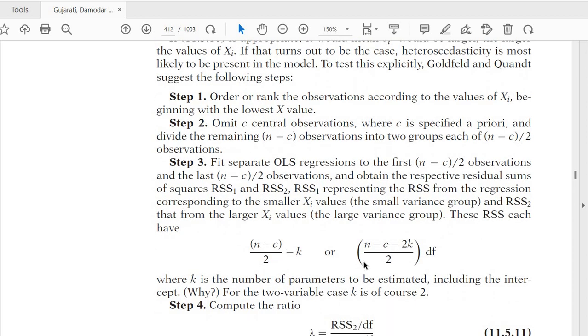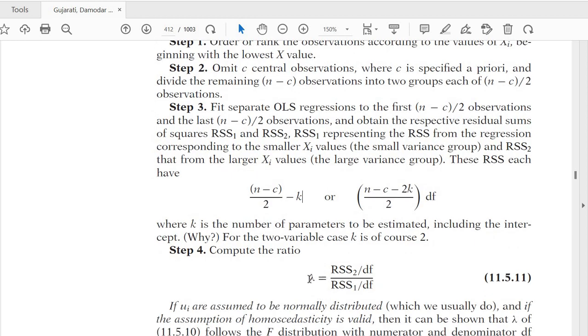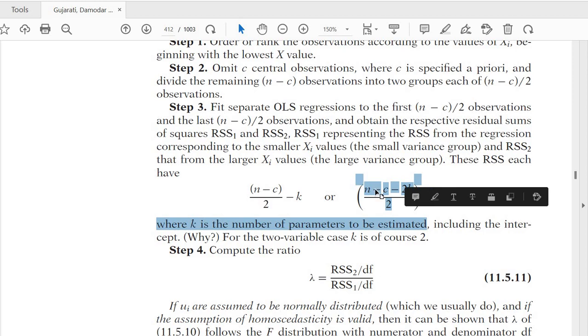तो कह रहे कि ये RSS, it will follow this degree of freedom, और इससे हम एक टेस्ट बनाते हैं, उस टेस्ट को कहते हैं लेमडा। वो लेमडा किसके बराबर होता है, RSS2 divided by RSS1। RSS2 क्या है, the residual sum of squares from the second set of data divided by degree of freedom, जो इसी से सिंप्लीफाई करके निकाली हुई है, और divided by RSS1। RSS1 क्या है, जो आपने दो हिस्सों में डेटा डिवाइड किया था उसी का पहला सेट, और उसको भी डिग्री ऑफ फ्रीडम से।